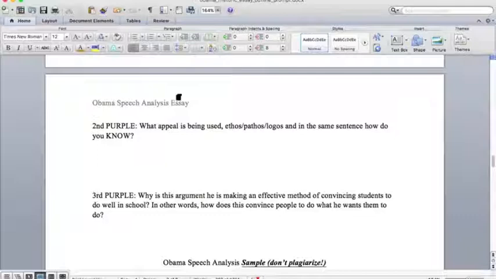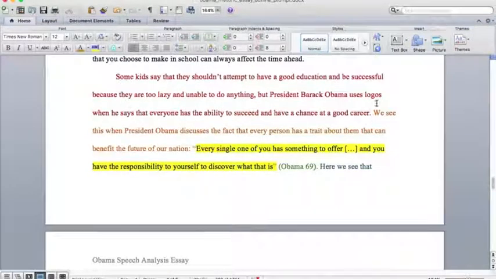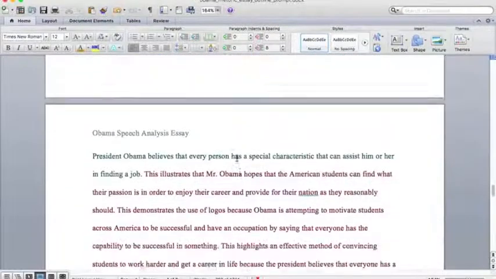Logos is all about logic, telling it like it is, facts, scientific statements, reasonable statements, common sense. All of that would be what you talk about in your purple, right? This shows the use of logos because he's making an argument that's reasonable and based on common sense. This shows that he's using pathos because he's making us feel guilty and want to do better and be motivated to rise above our challenges. So you're actually going into the specifics of how you know it's the appeal you said it was. You said in red, oh, he's using logos. Then you gave a quote in yellow that you said is using logos. Now tell me in purple,